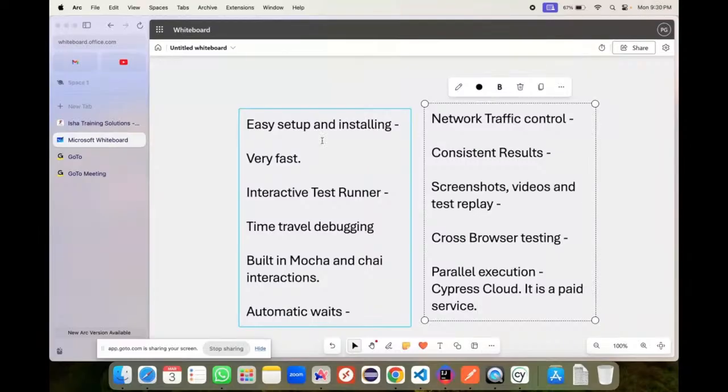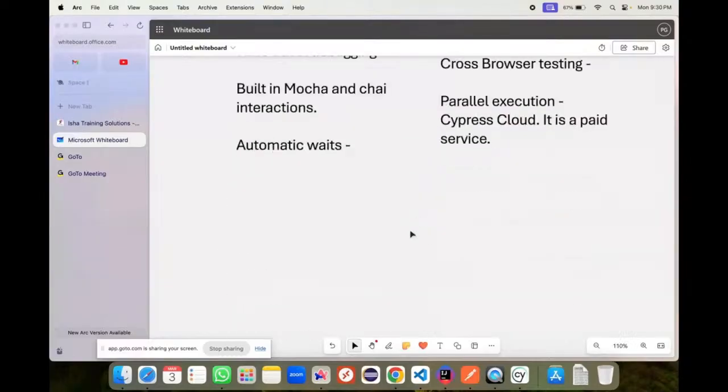Okay, let us move on. As I was talking about some basics and features of Cypress, there are some limitations of Cypress also. So what are these limitations? Let us talk about that. Limitations of Cypress. Somehow I like this whiteboard, and this is how I like to teach actually. Right. So first,